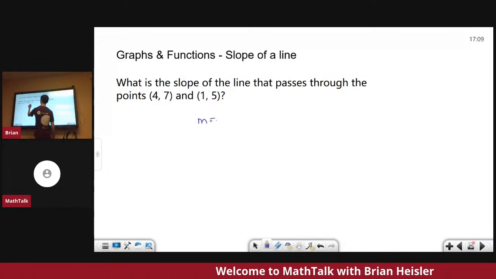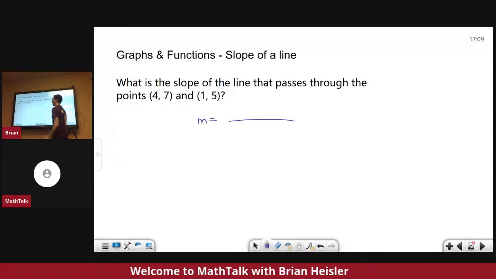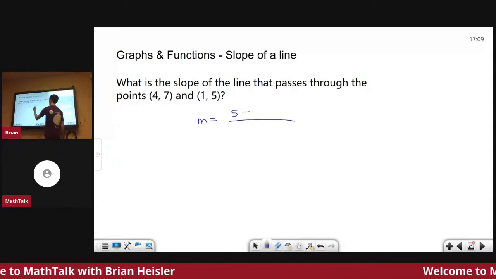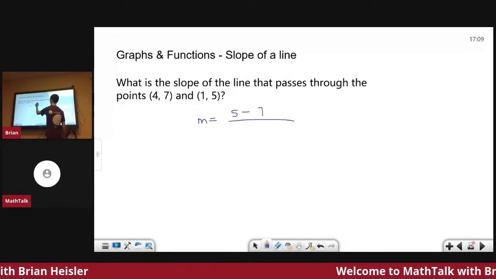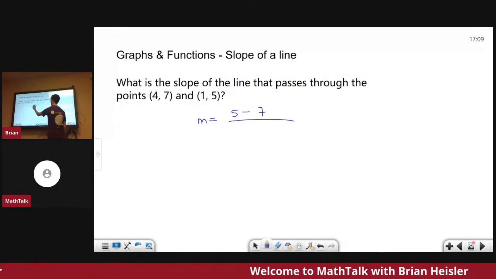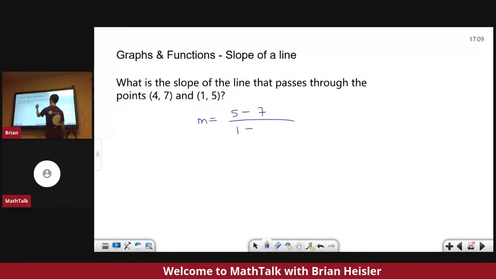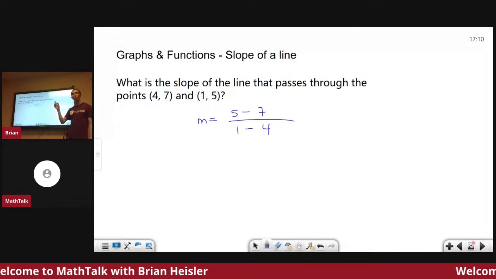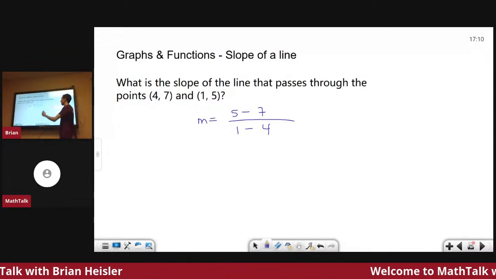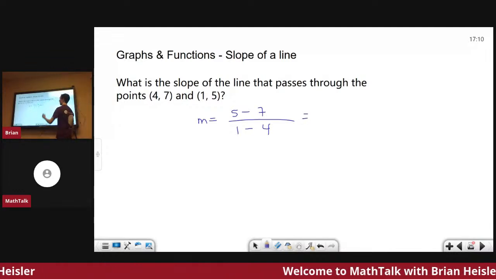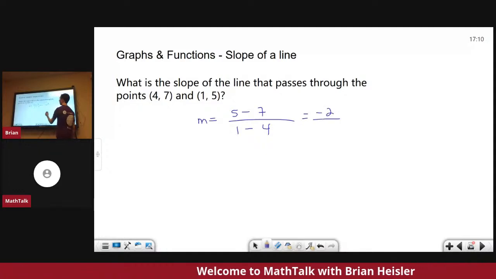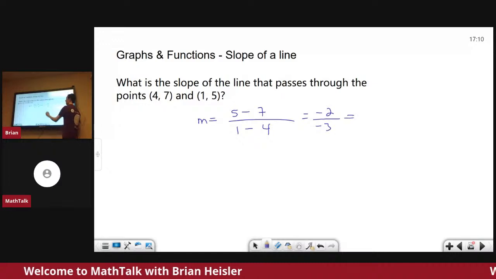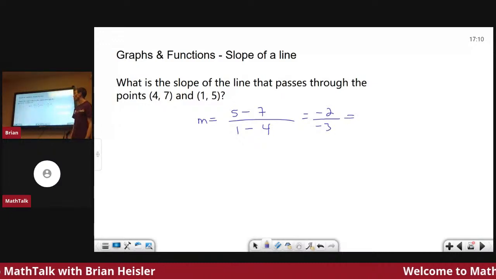So m equals y2, the second y value, in this case 5, minus y1, the first y value, 7, over x2, which is 1, minus the first x value, 4. It doesn't matter which one you call point 1 or point 2, as long as you're consistent. So 5 minus 7 is negative 2. 1 minus 4 is negative 3. So the slope between these 2 points is